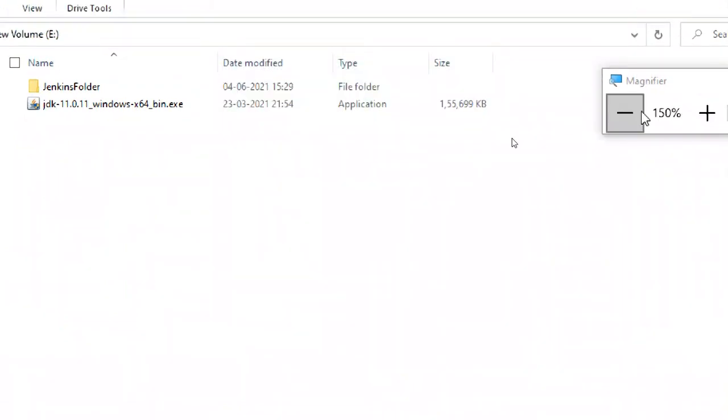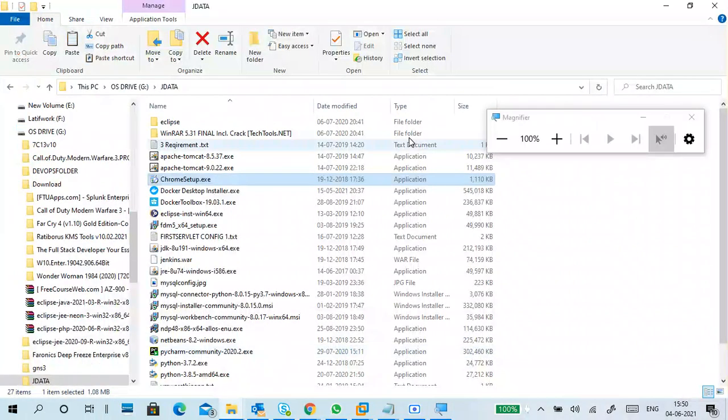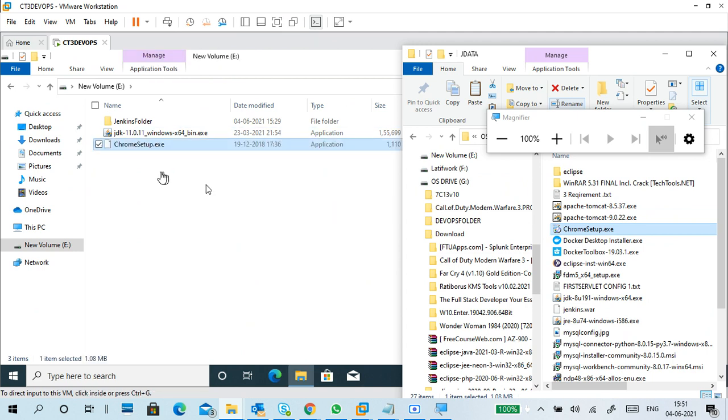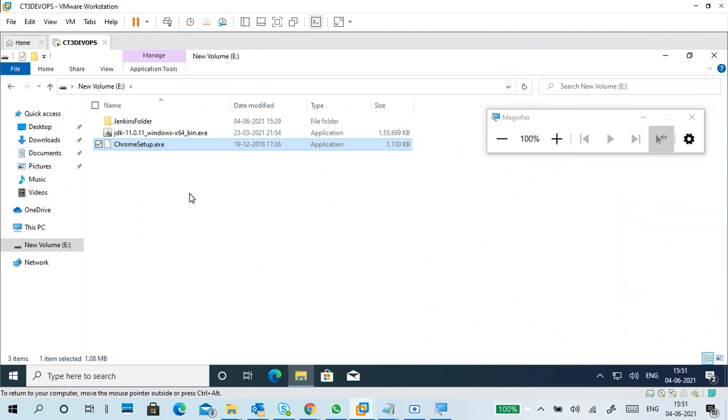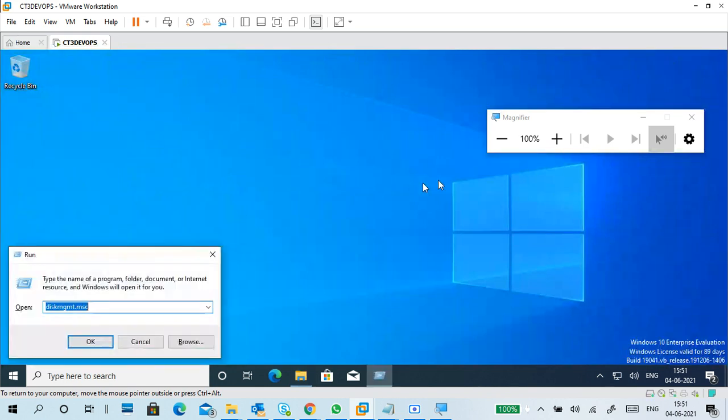Close. Is it pasted or not? Otherwise, you can drag and drop the Google Chrome setup. If you see this plus mark, it means you can release the mouse, like drag and drop like this. Then it copies here. We'll set up that later; first we install Java.